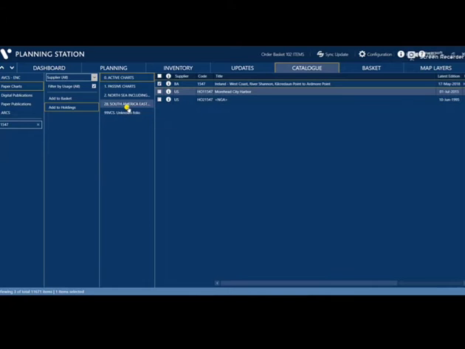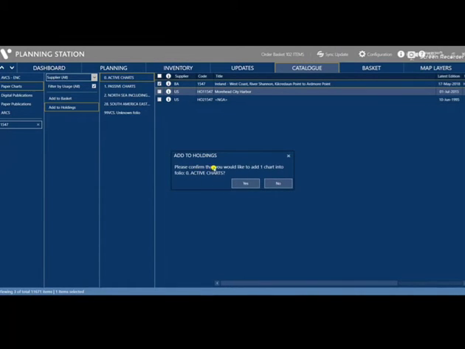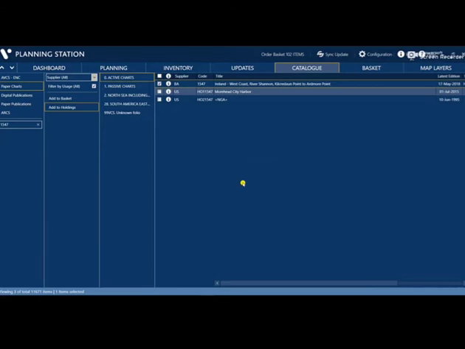So you will click this active chart. Please confirm that you would like to add one chart in folio, and then click yes. Okay, so now we will go back to my inventory.